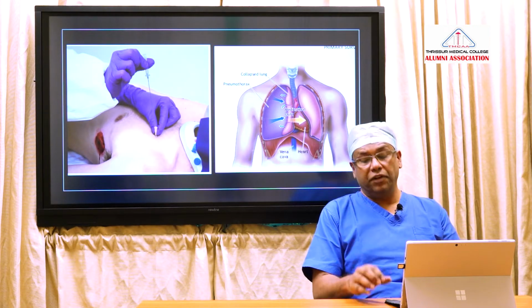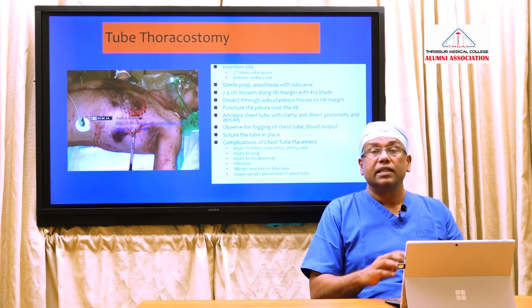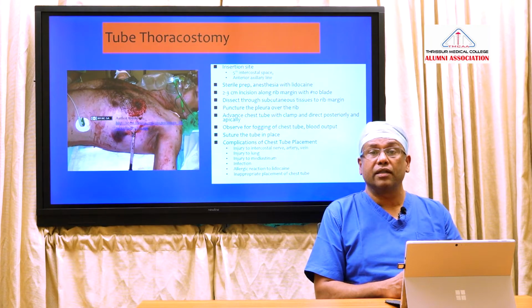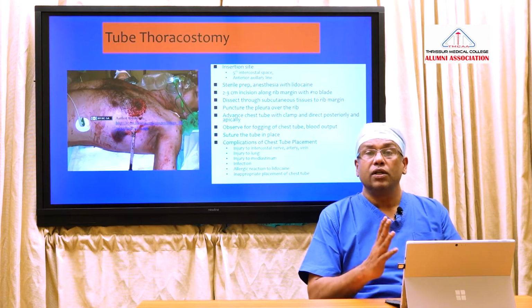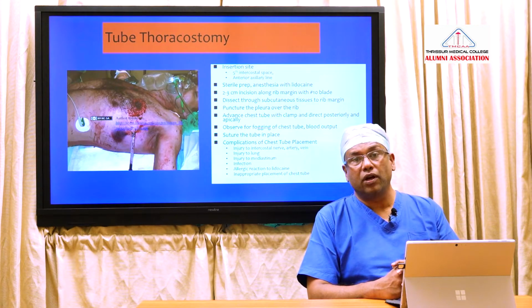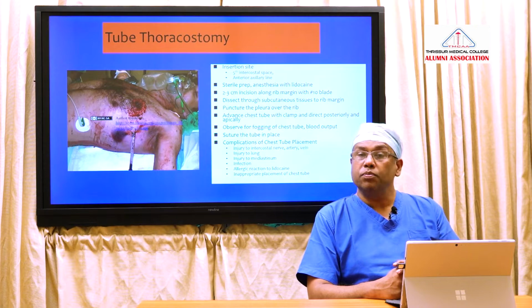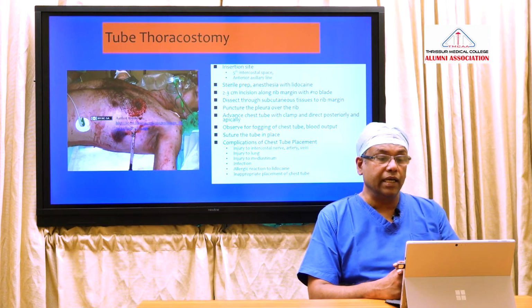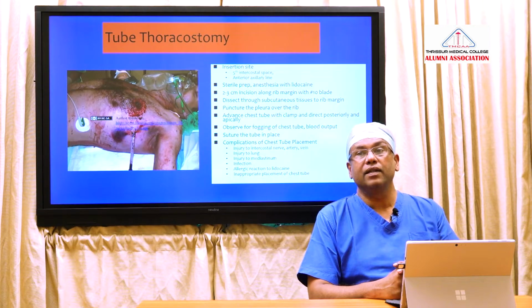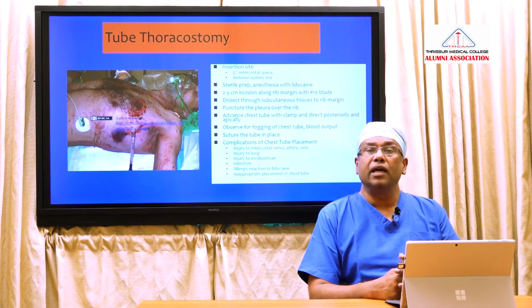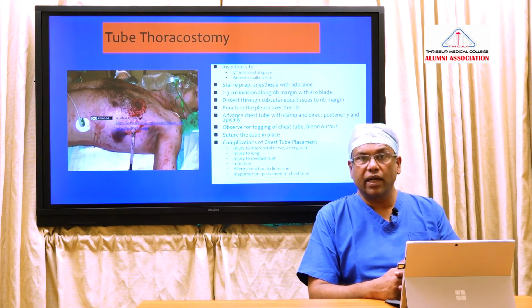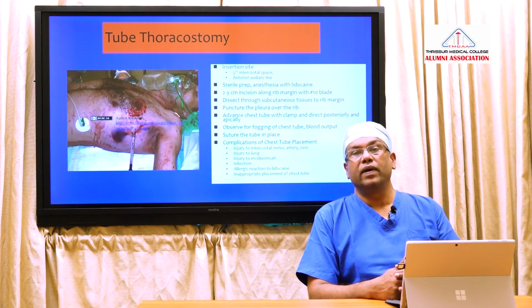Now, what is the definitive procedure for tension pneumothorax? The definitive procedure for tension pneumothorax is a tube thoracostomy. Tube thoracostomy itself acts as a short note. Now, when you're asked about a short note on tube thoracostomy, what will you say? You have to say the indication. What are the indications? Any case where there is a collection of fluid or air in the pleural cavity, which can be a pneumothorax, a tension pneumothorax, an open pneumothorax, a hemothorax, hydropneumothorax,